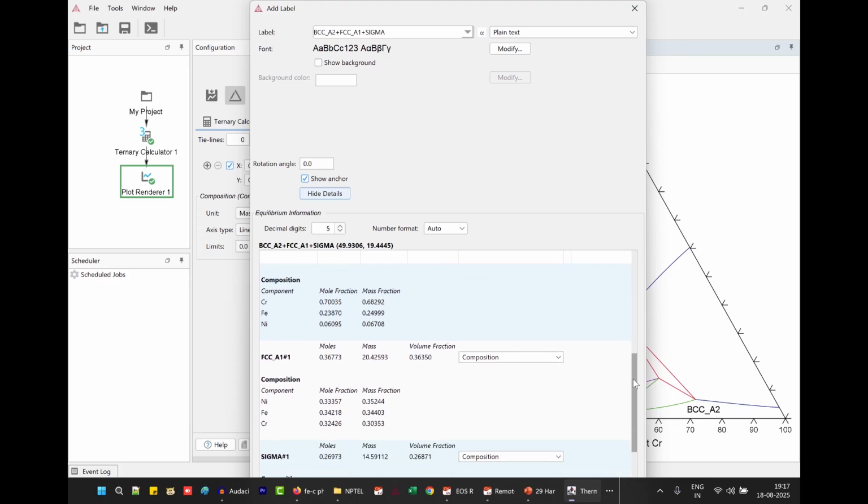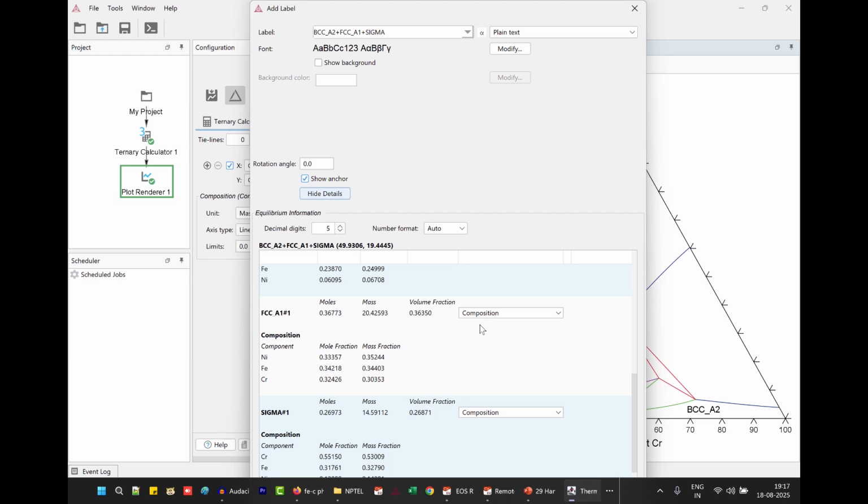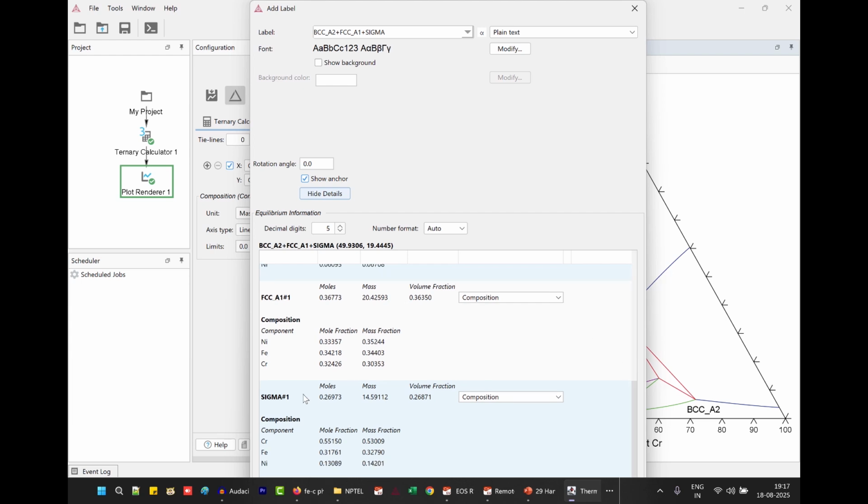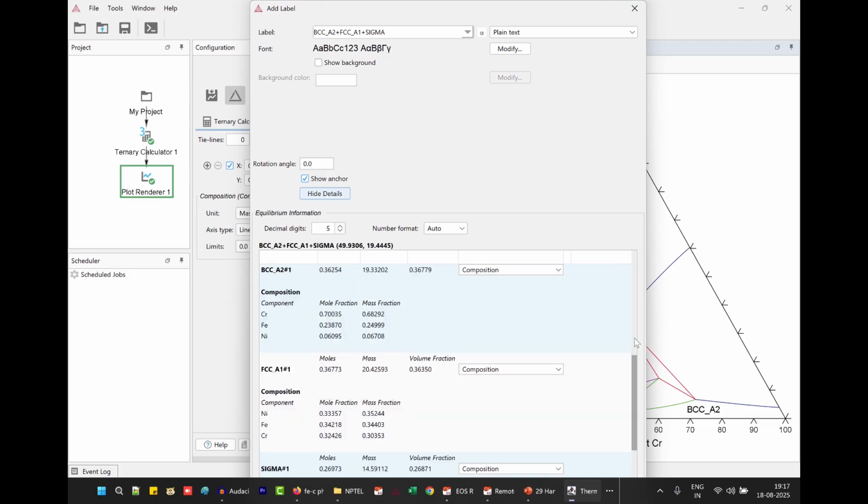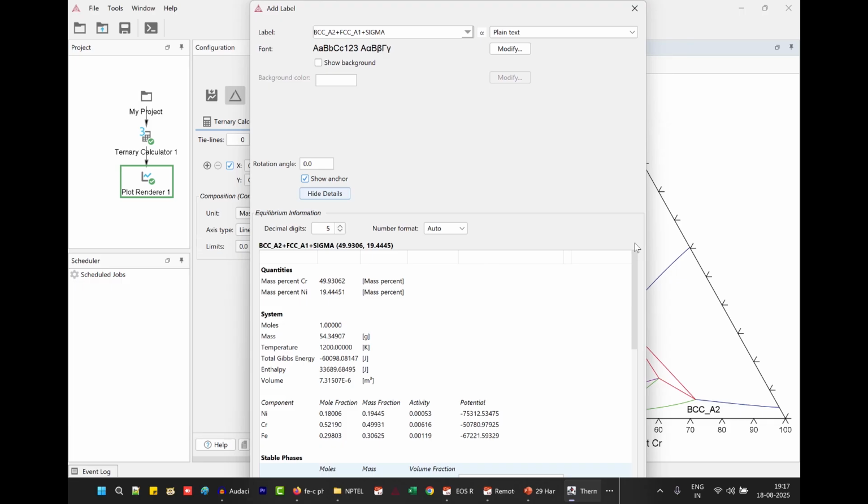BCC A2 is one stable phase, FCC A1 is another stable phase, and sigma is the third stable phase. So three phases are there within the tie triangle, and their individual compositions can be seen here in mole fraction and mass fraction. The individual phase volume fraction is also given here. So one can get such information.